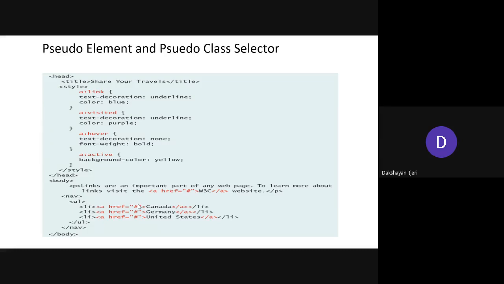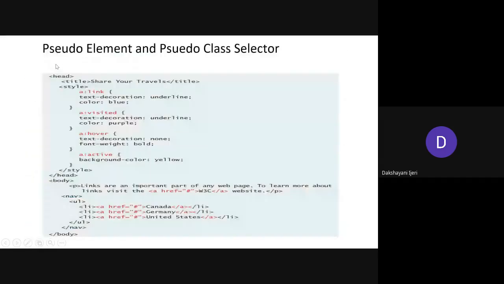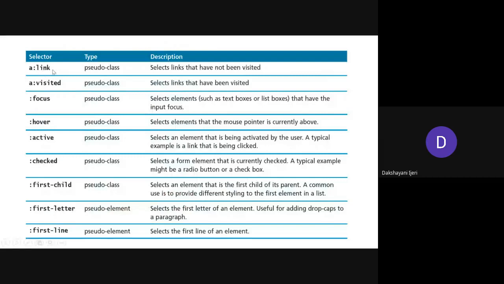Okay, so while the user interacts with a specific HTML page, based upon the kind of interaction that is being done by the user, at that time the specific styles will be applied. So the best example for that is probably the anchor element over here. Right. So in this example, you can see these are the different ones. I'll show you with an example as well, but just check out how it is going to make a difference based upon the interaction here. Right. So the types of selectors that you can use as pseudo selectors are the link element along with the anchor. So when is this going to be activated? It selects the links that have not been visited.